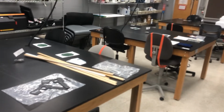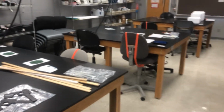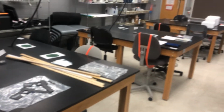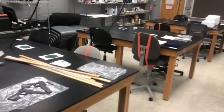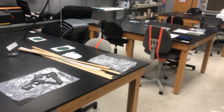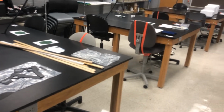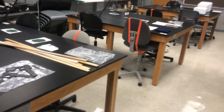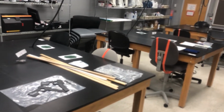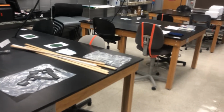Hi everyone, welcome to our sensory lab in the COVID era. Under normal circumstances, we would do a few more tests and probably spread these labs out over 2 weeks so that we could do 1 week of somatic senses and another week of special senses. But for time's consideration and the fact that we are still in a protocol situation with COVID, we're going to go ahead and just do an abbreviated version. But I think there's plenty to do